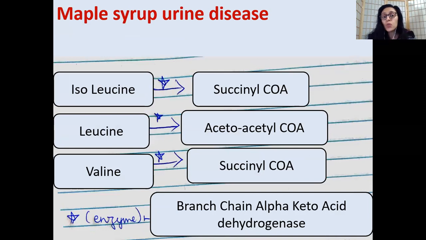Then you have maple syrup urine disease, which is again a common one among amino acid metabolic disorders. Over here, you have concerns with your branched chain amino acids. Which are your branched chain amino acids? They are leucine, isoleucine, and valine. Now these are converted into the byproducts succinyl-CoA and acetoacetyl-CoA by the enzyme branched chain alpha keto acid dehydrogenase. Yes, you need to know this also. And if this is not there, that is when the problem happens. Because in the blood test, they will be writing these terminologies.